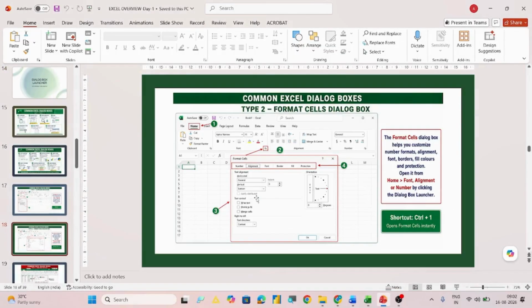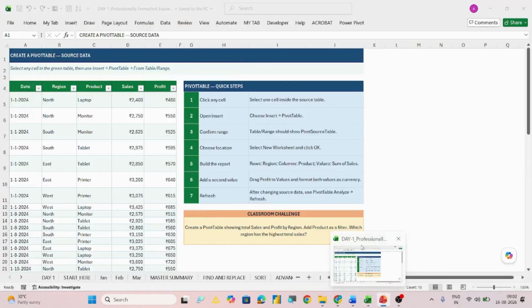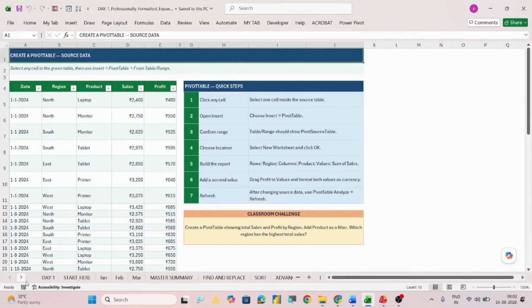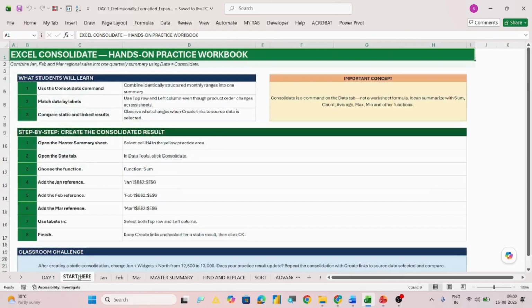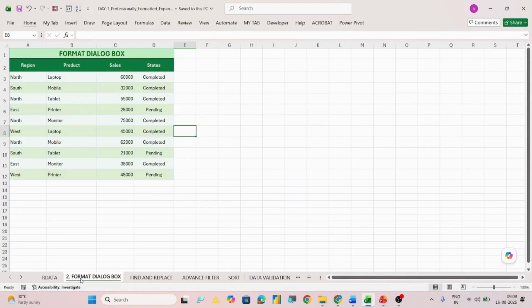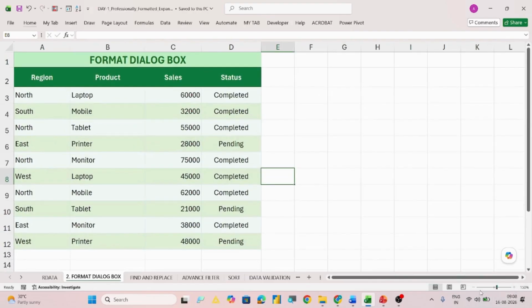For this, I'll open the Excel workbook. This is the Excel workbook wherein we have already learned clipboard. And now we want to format the data, let's say. So I'll take any of the data in which I want to perform the formatting. This is the practical way of using the format dialog box. So this is data given to you, and let's say you have to perform the formatting on a column having sales, and you have to change the column values and put currency into it. So how will you do it?